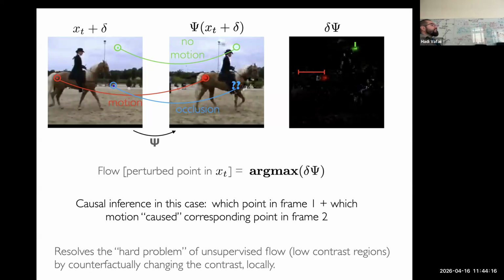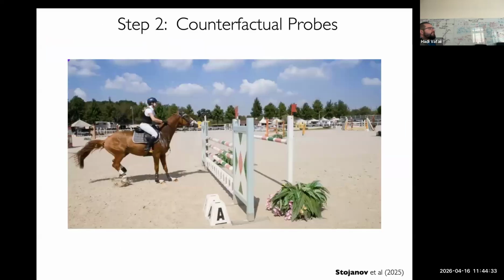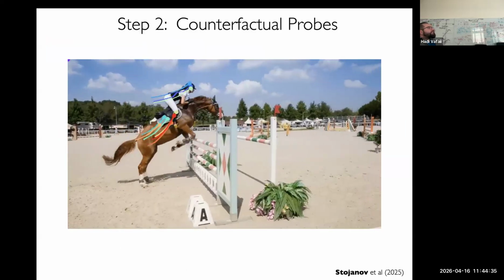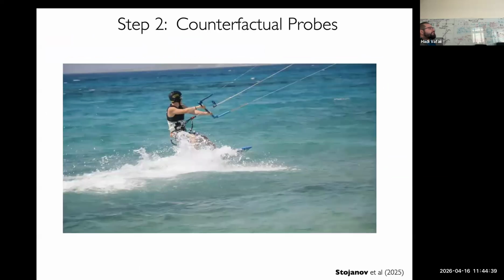This is a very generic construction though, and at every point, this leads to really good flow estimators. That's why there are papers like the ones in NeurIPS and so on. And this is what they say: it's not only unlabeled, it's zero shot. You don't have to do anything, you just extract this. You can see here some videos showing it does well, but this is just eye candy for computer vision purposes. Here's another one.